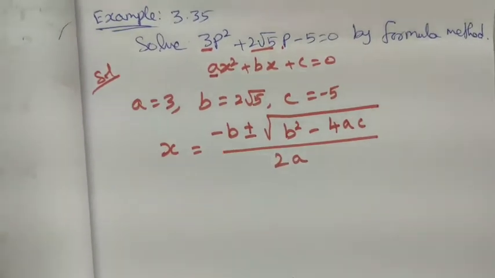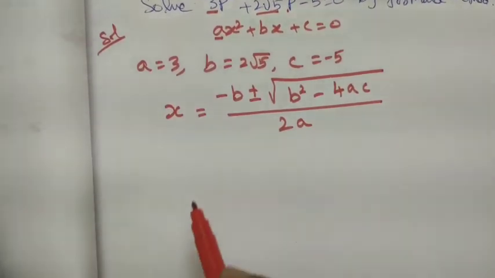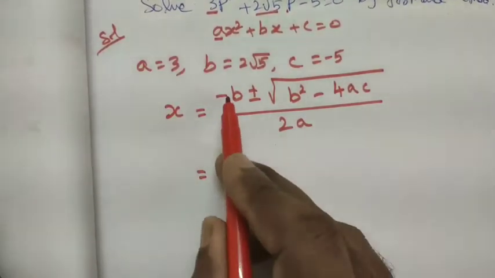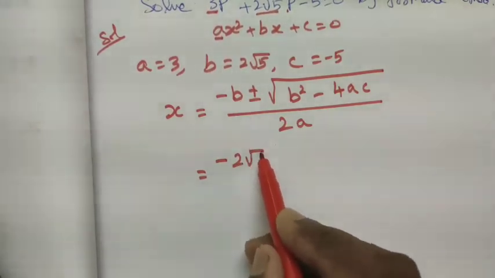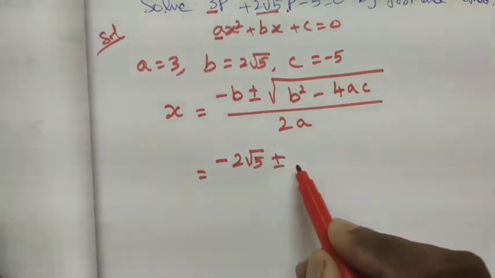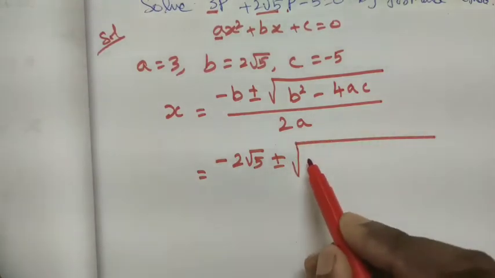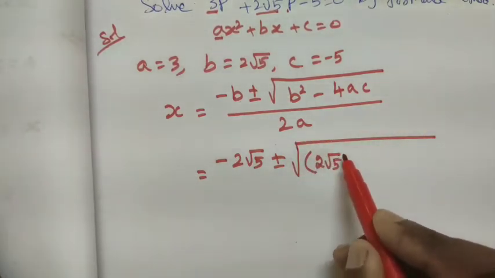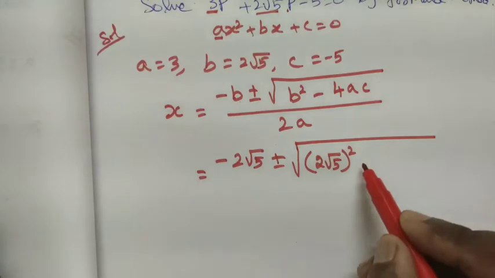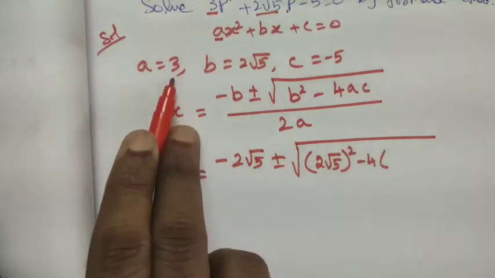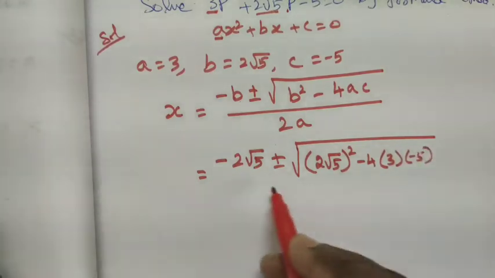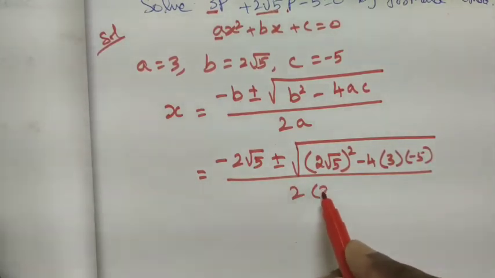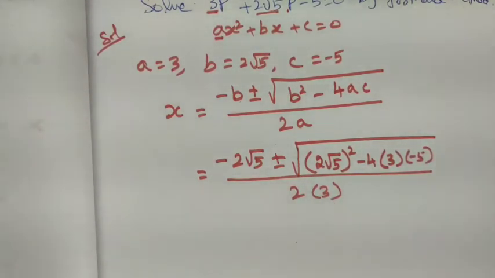Just apply the values we have found. This is equal to minus b, which is minus 2 root 5, plus or minus root of (2 root 5) whole square minus 4 into a, which is 3, into c, which is minus 5, whole divided by 2 into 3, since a is 3, right? Now